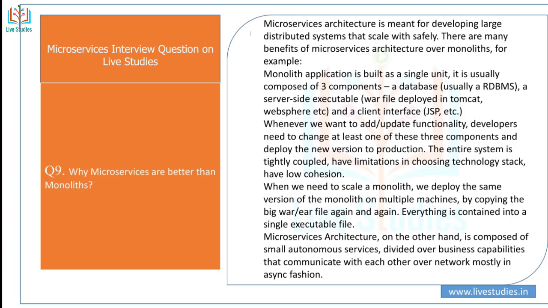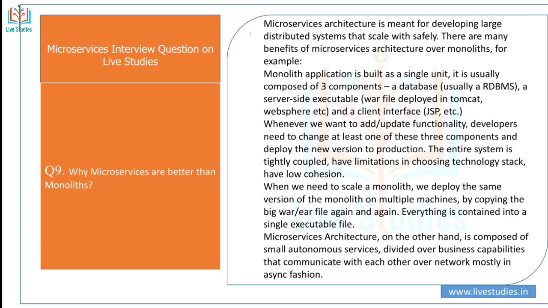When we need to scale a monolith, we deploy the same version of the monolith on multiple machines by copying the big WAR and EAR file again. Everything is contained in a single executable file. Microservices architecture, on the other hand, is composed of small autonomous services divided over business capabilities